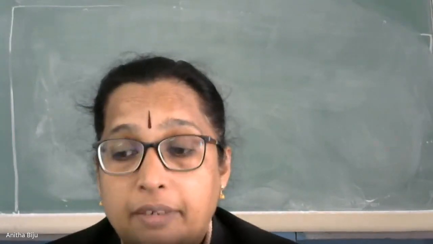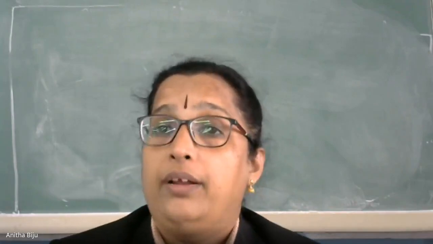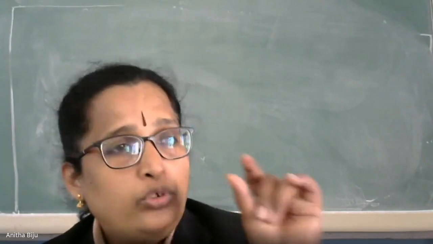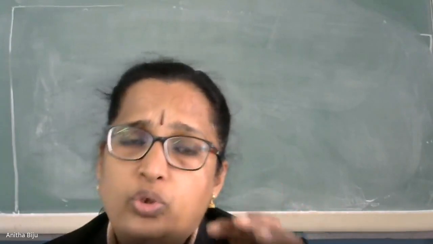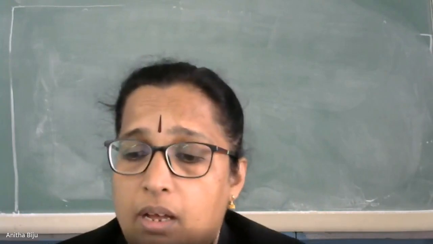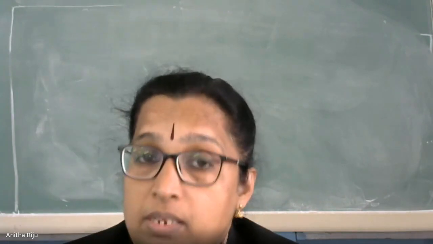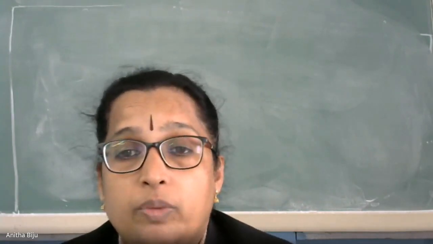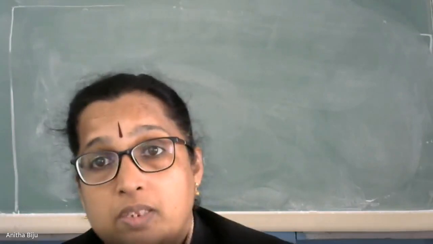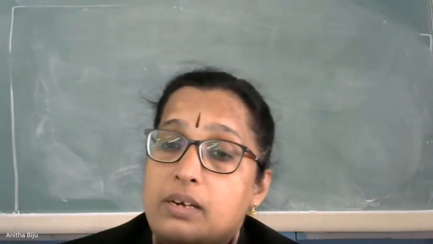If the letters are appearing in large, बड़ा बड़ा दिखता है अगर तो वो हो गया कॉन्वेक्स लेंस. अगर वो जो लेटर है जो नॉर्मल साइज है उससे भी बहुत छोटा दिख रहा है तो वो बन गया कॉनकेव लेंस. So this is the reason, this is the test through which we can differentiate a concave lens and convex lens without touching on them. ठीक है. So what is the reason behind that?